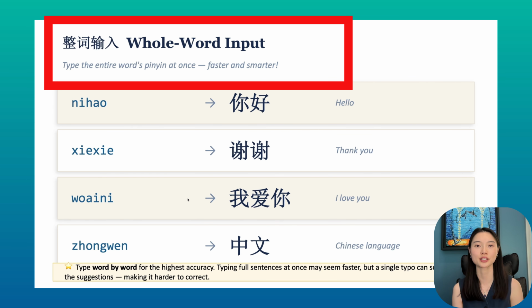And not the whole sentence at once either. One word at a time gives you the highest accuracy. Type a long sentence in one go, and a simple pinyin mistake can scramble every suggestion that follows. So take it word by word, and every hour you spend on our pinyin series is now paying off at